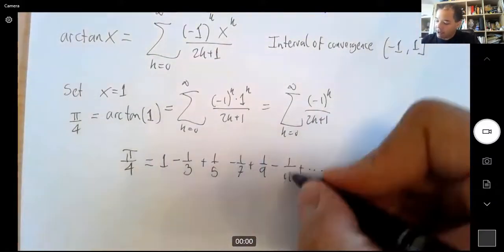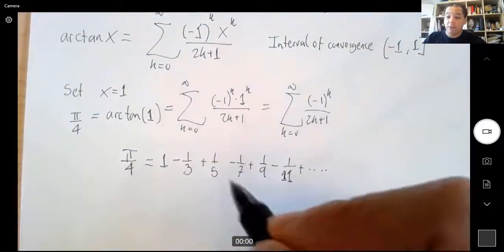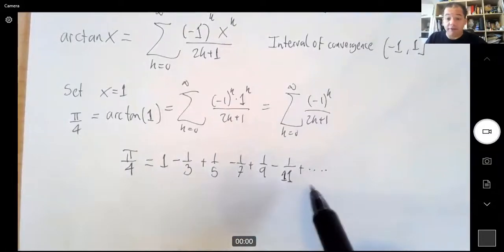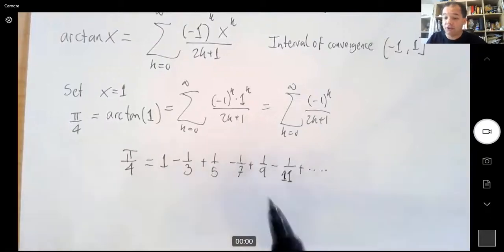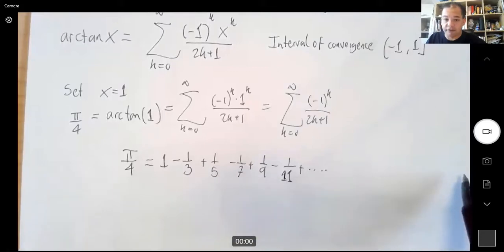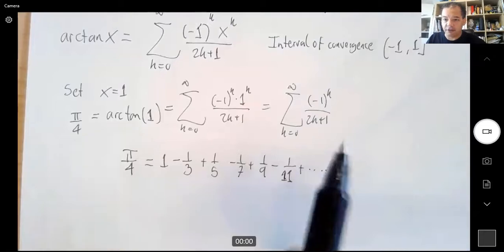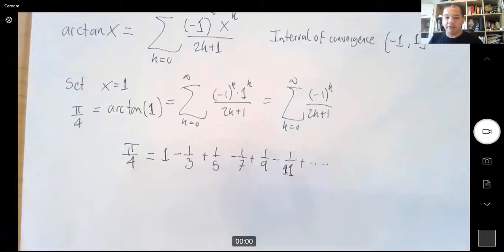Right? And by the way, if you've ever wondered how they figured out the digits of pi, well, you could do them with this one, right? You could approximate pi, or pi over 4 in this case, to any degree of precision by calculating a lot of the terms in this series, right? It turns out that this particular one is actually not a good one to use because it converges slowly. But there are other ones that converge quickly, and those are the ones that are used to calculate pi to millions and millions of decimal places, okay? But pretty identity, no doubt.